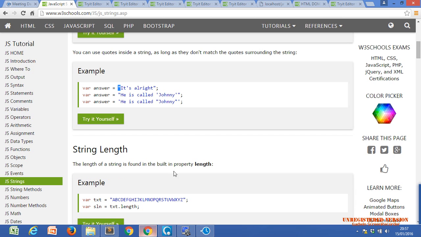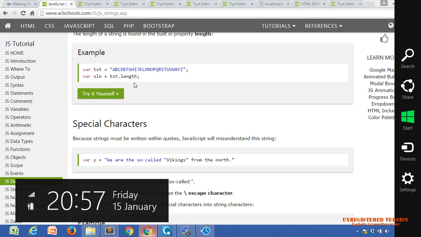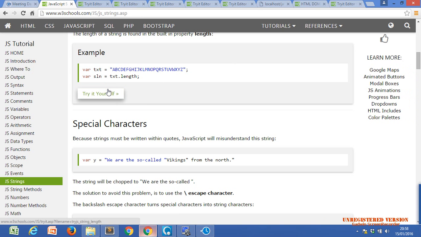String length: you can use some predefined functions of a string, and PHP also has the same functions.